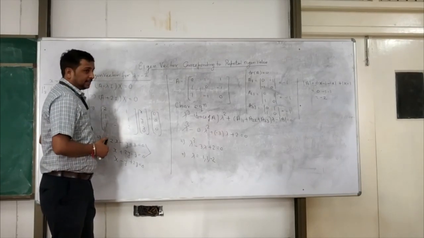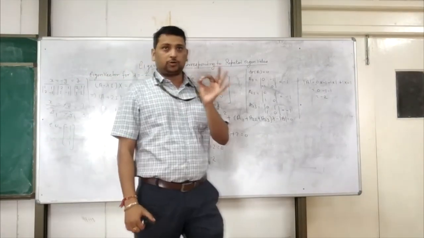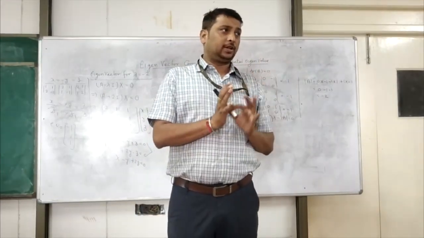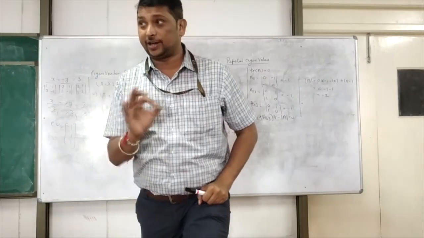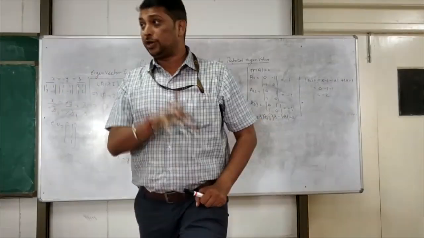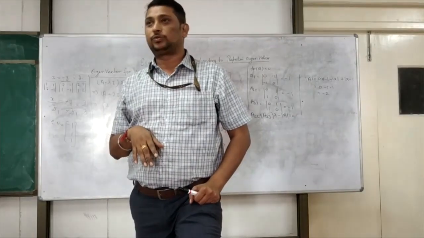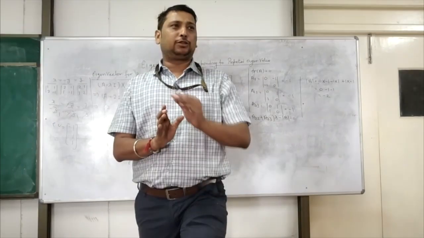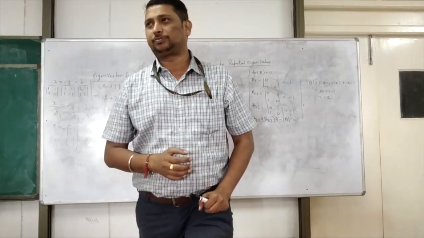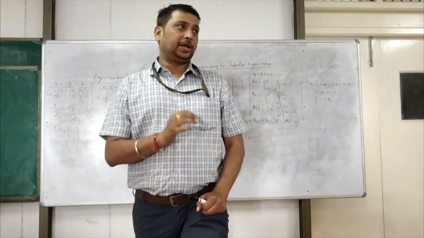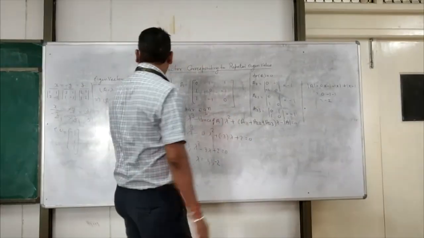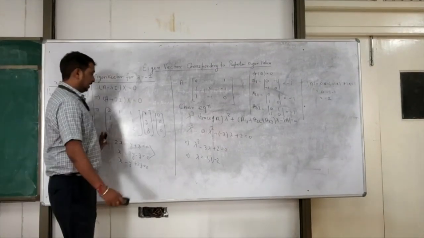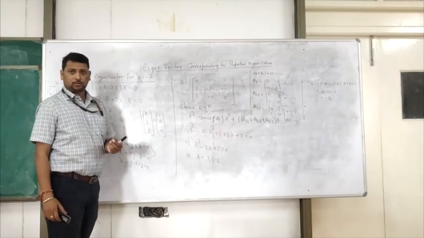So the eigenvector is over. Any doubt? Corresponding to the non-repeated, same as the previous one. Now the question is how we find the eigenvector corresponding to the repeated eigenvalue. Which one is repeated? 1. And it is very important. Once you know this one, many parts are already over. So very important. Any doubt?